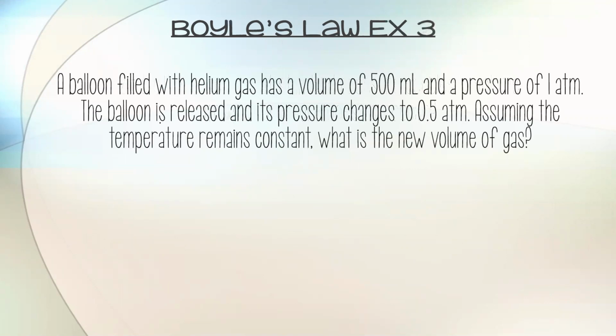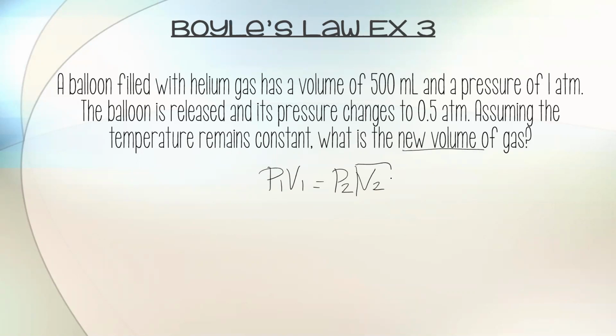All right, one more. A balloon filled with helium gas has a volume of 500 milliliters and a pressure of 1 atm. The balloon is released and its pressure changes to 0.5 atm. Assuming the temperature is constant, what's the new volume of gas? So one thing to remember is there's never going to be any temperature numbers in the Boyle's law problems because temperature is constant. So once again, to start out with my initial equation,